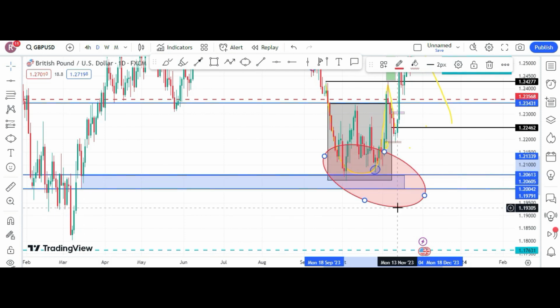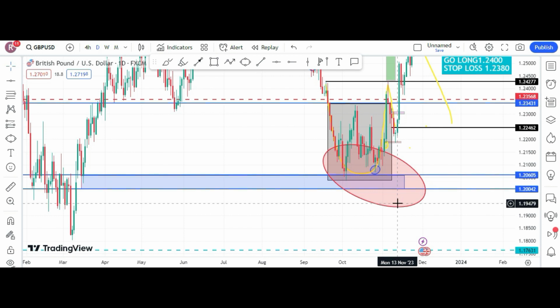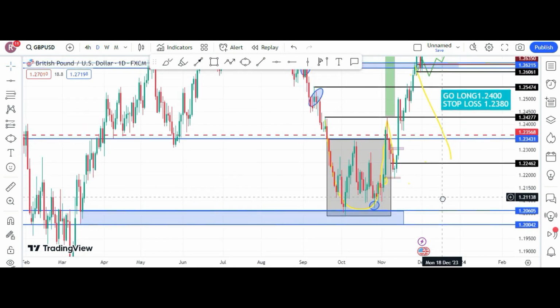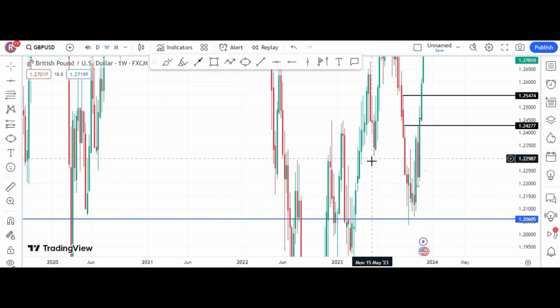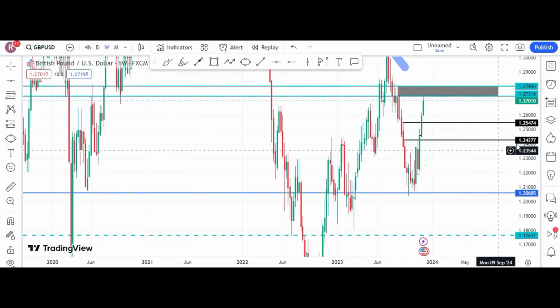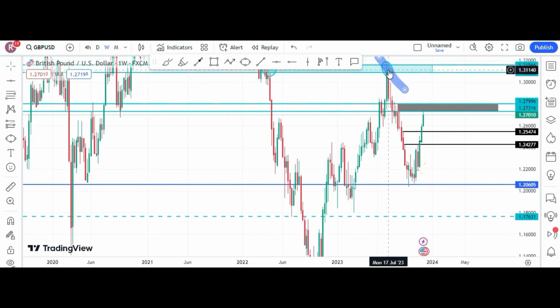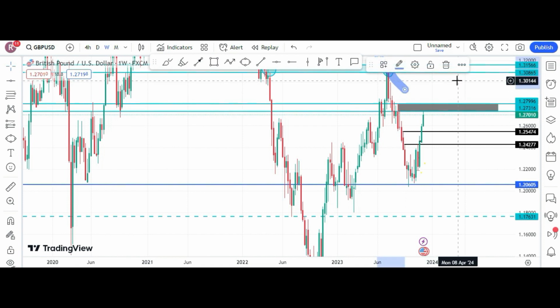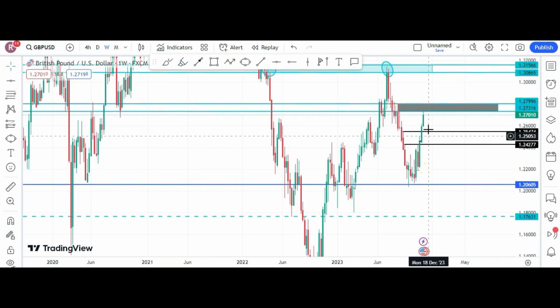So let's remove it now, so we understand things more easily, the chart will be cleaner. This area, this double bottom has been created, and that caused the price to go upward like this after coming back from this top. So let's get rid of this, and the price is like this right now. So if we go today now,